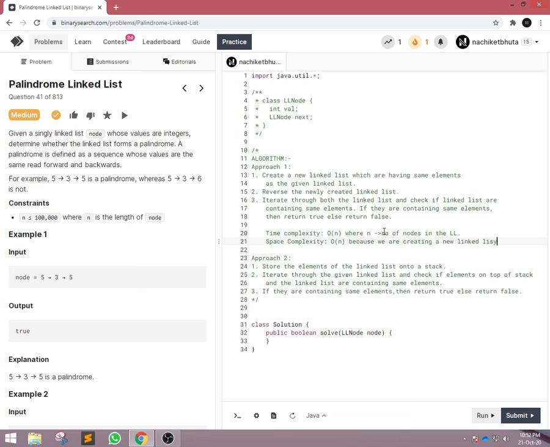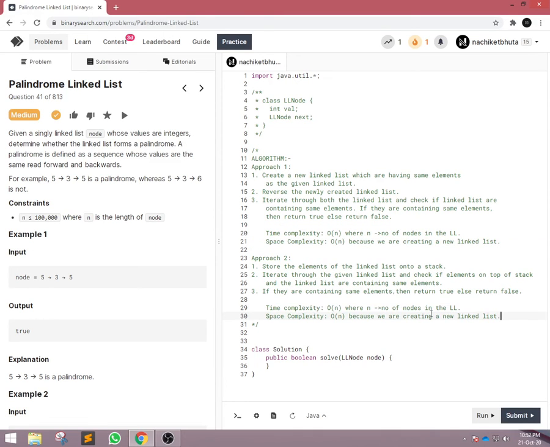So in this case it will be order of n. And for the second approach, the time complexity will be the same, and space complexity will also be the same, because we are using a stack to store the elements. So these are the time complexities for each and every approach.